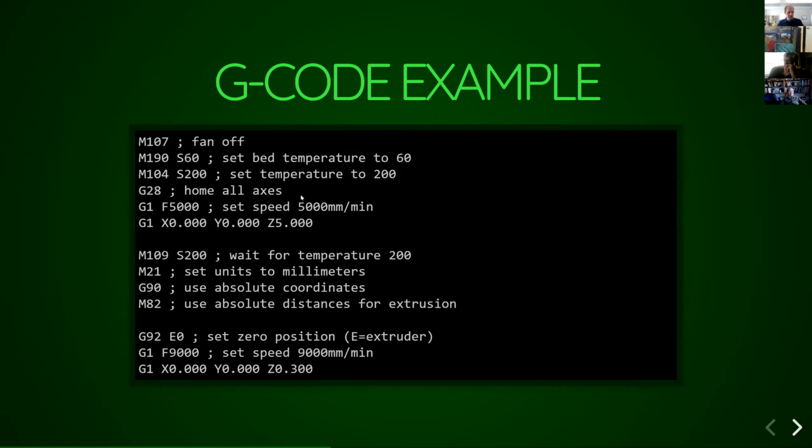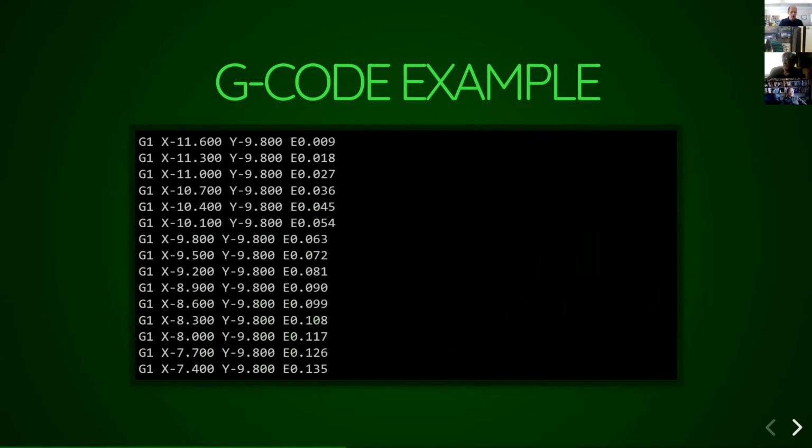You've got comments in here, but basically the M commands are sort of escape codes for particular operations like temperature control. The G codes are specifically around movement of the motors and are by far the most common, the bulk of the file. The reason it's called G code is in fact because the G's are so prevalent as the first